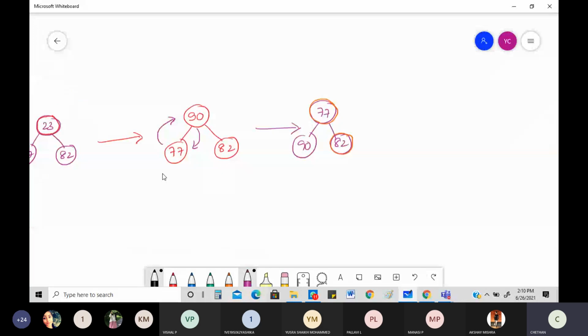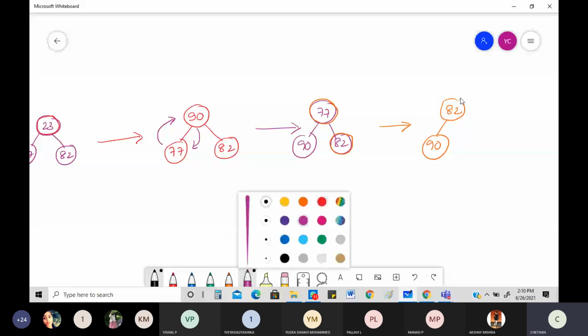It will be remaining like this. 82 will be coming here, 90 will be here. Obviously this is not a minimum heap, so exchange places. Now you get 90 along with 82. Now there are only two elements, so you need to exchange the root with this one. Sorry, 82 was already there, so there's no need to exchange. 82 was already smaller.